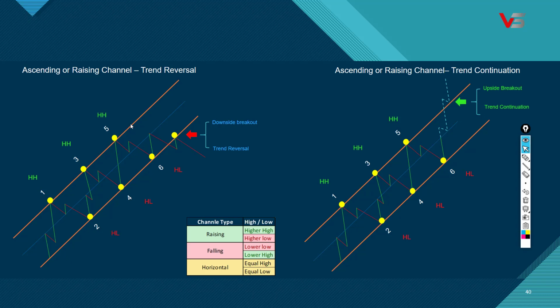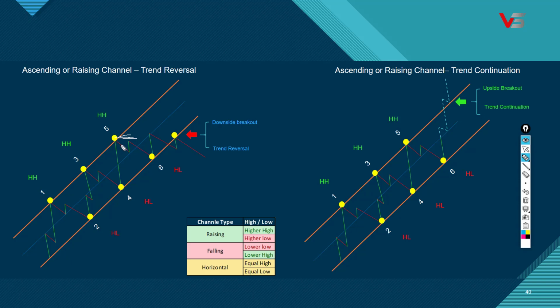The basic rule is, to draw the ascending channel, we must have two higher highs and two higher lows. This is one higher high, this is another higher high, and this is one higher low, this is another higher low. Once this is formed in the chart, we can draw the trend line. Once we draw the channel based on these 4 points, we can take the entry at the 4th point after the candle close, and the target will be this level, which is the next meeting point of the resistance.